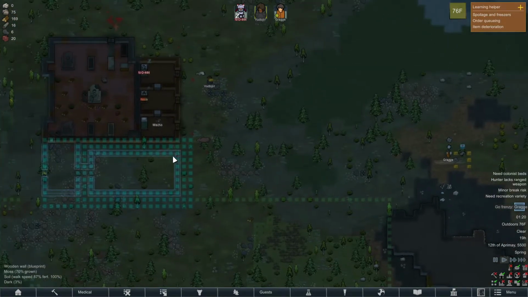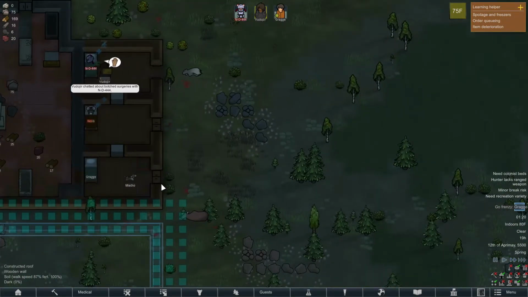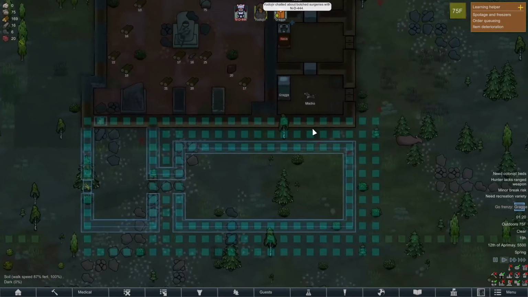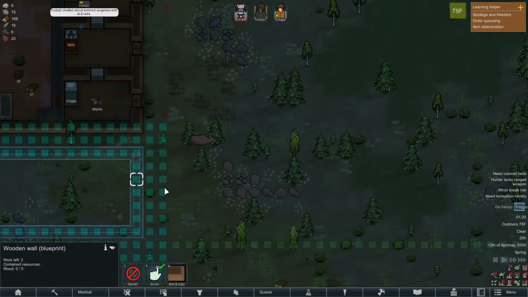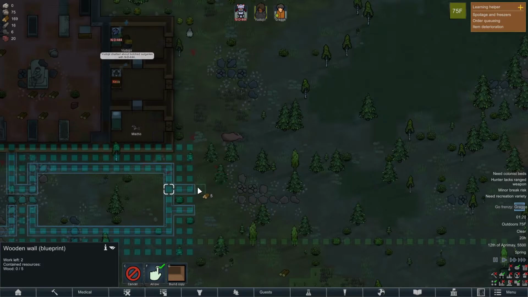So, 8 without a table again, by the way. Probably need to install this somewhere. Make a little dining room. And actually, we could connect it out here. And we could make like a...